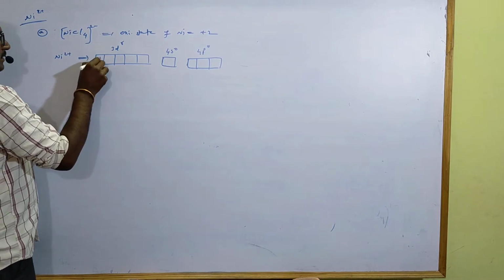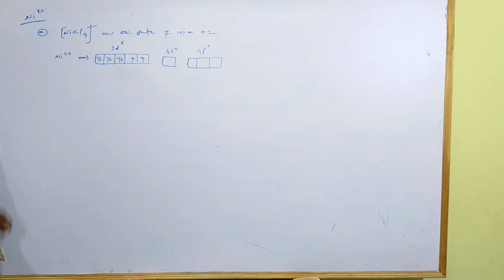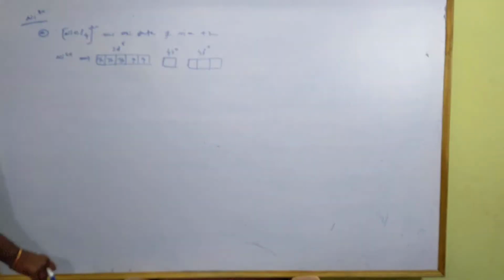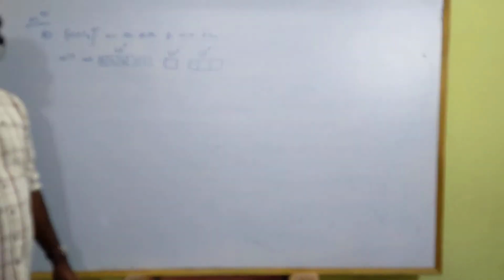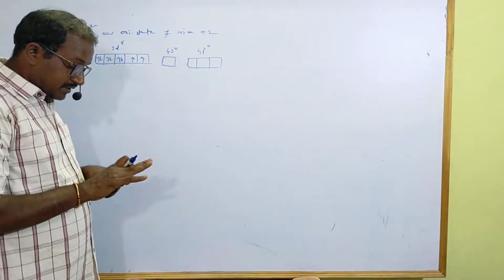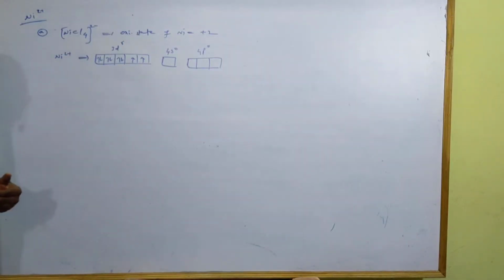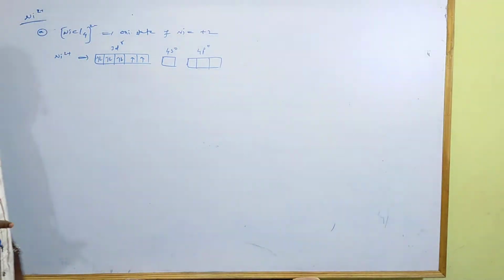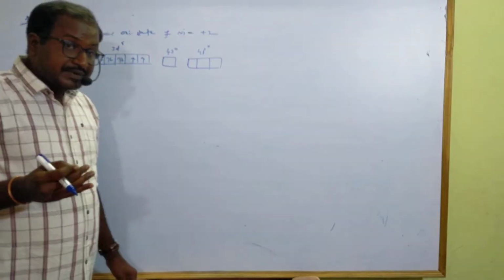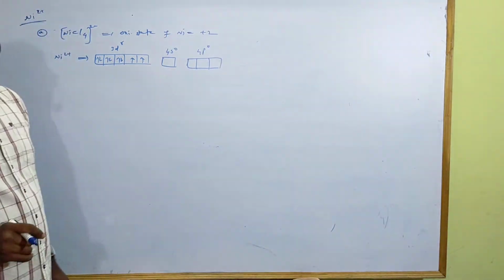How do we write the 8 electrons? 3 pairs, 2 unpaired electrons. Then we have to see the arrangement of inner electrons. In valence bond theory I told you the geometry depends upon magnetic nature. If you know the magnetic nature, we can easily predict the geometry. Magnetic nature depends upon the number of unpaired electrons. The number of unpaired electrons depends upon rearrangement. Rearrangement depends upon the nature of the ligand.